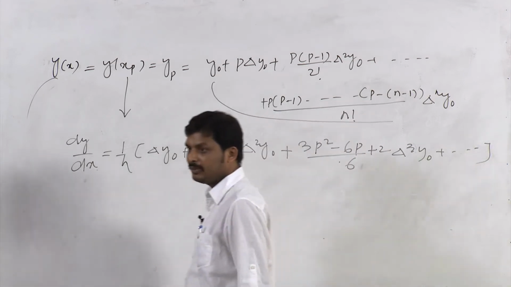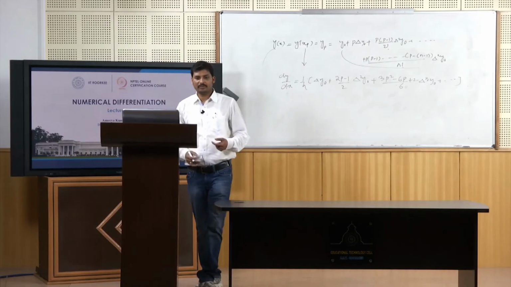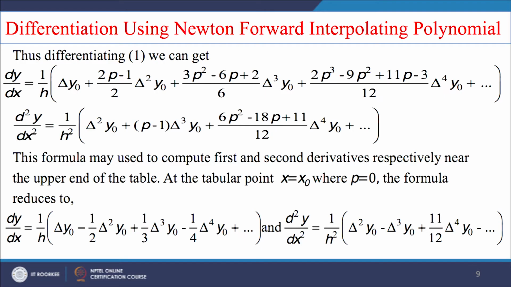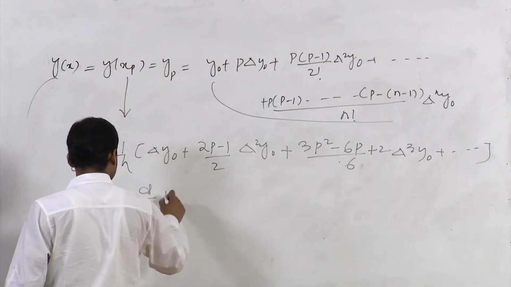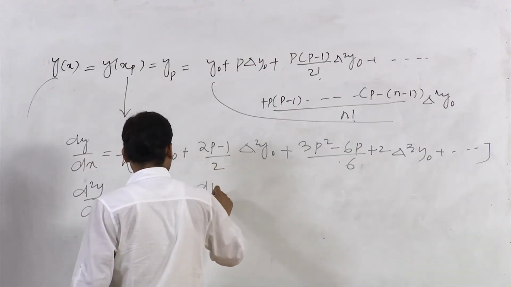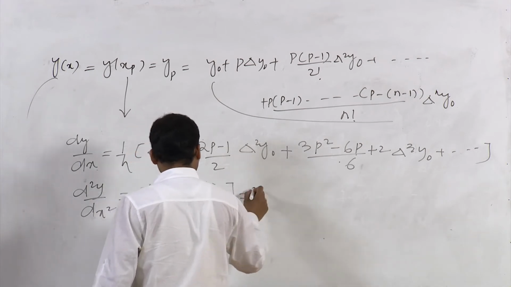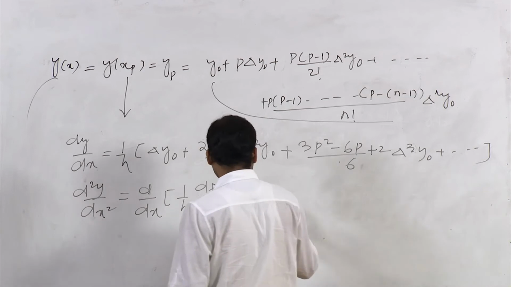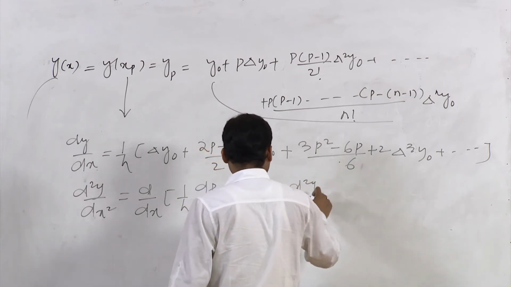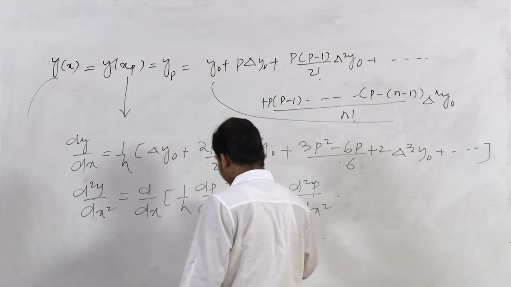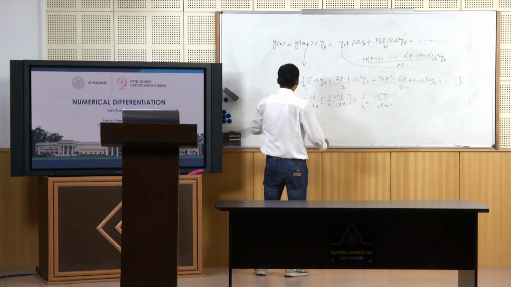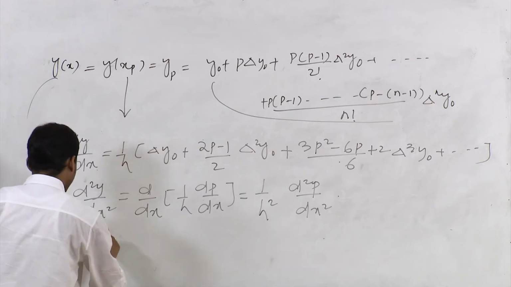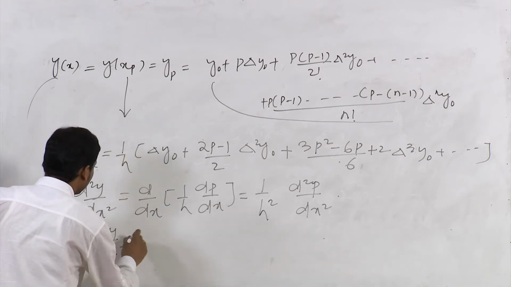likewise. Similarly, if we go for the differentiation of second order, we can write the second order derivative as d square y by dx square. This is nothing but d by dx of 1 by h dy by dp. So, once more if we differentiate this one, we can write this as 1 by h square d square y by dp square. So if we go for the second order differentiation of this formula, once more differentiating,